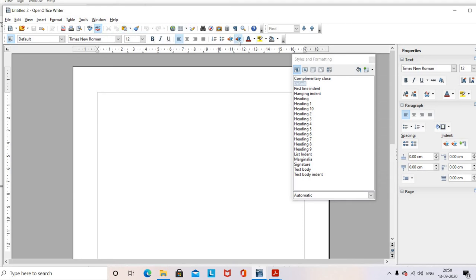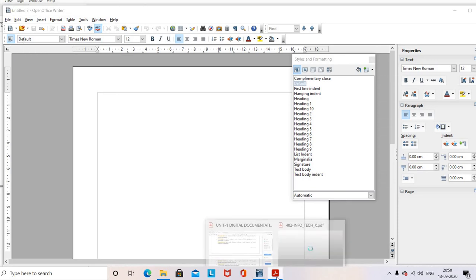So these are known as standard toolbar. The third section is known as standard toolbar. And the fourth section, this section is known as formatting toolbar. So we have four sections: title bar, menu bar, standard toolbar and formatting toolbar. Okay, this is the basic idea of a OpenOffice Writer page.